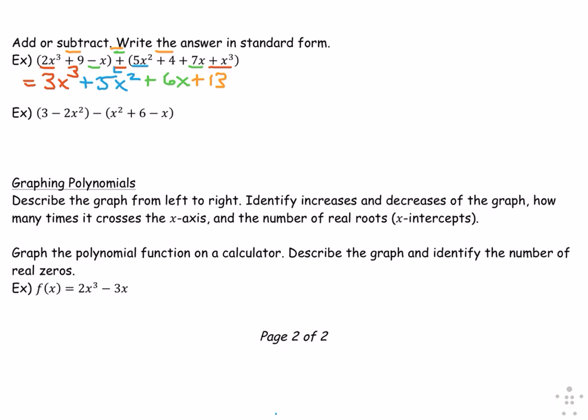For the next one, careful that it's subtraction, so I recommend that you distribute that as a -1, changing all the signs of all the terms to the right, because you're subtracting them, which is adding their opposites. And now I go through the same process. I look for just the highest power. I see a degree of 2, so that's going to be a -2x squared plus 2x squared plus a -x squared, and that's going to give me a total of -3x